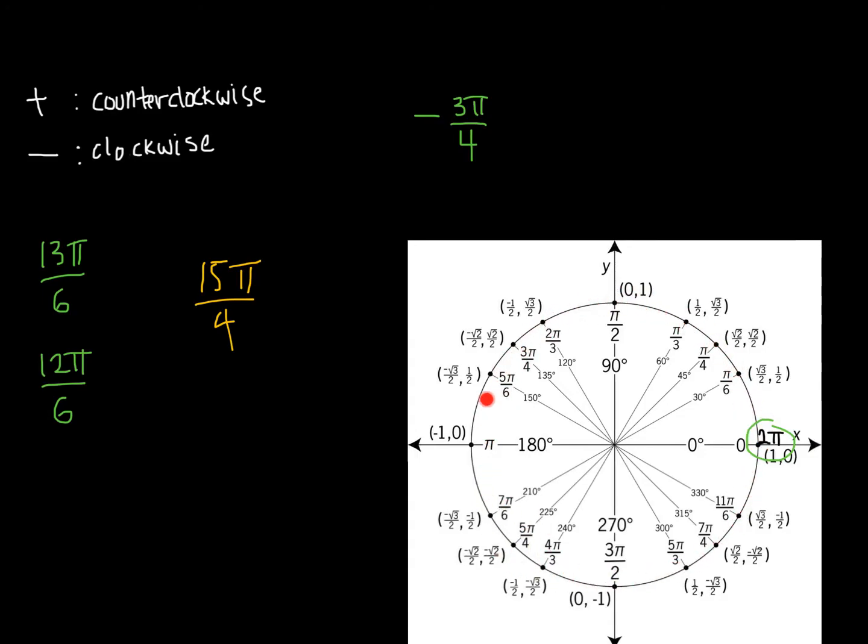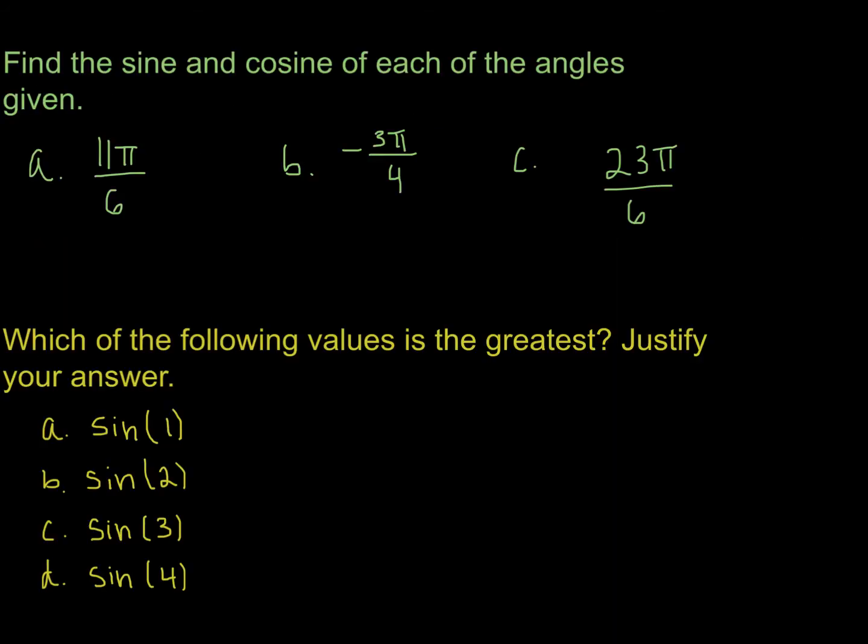So it's going to continue to work just perfectly. So now I want you to go ahead and find the sine and cosine of each of these angles. And if you want a little bit of a challenge, also find the tangent for these angles. And so how your answers should look is that, for each sine, cosine, and tangent, you should have an equation. So for example here, your first answer would be sine of 11 pi over 6 is equal to,